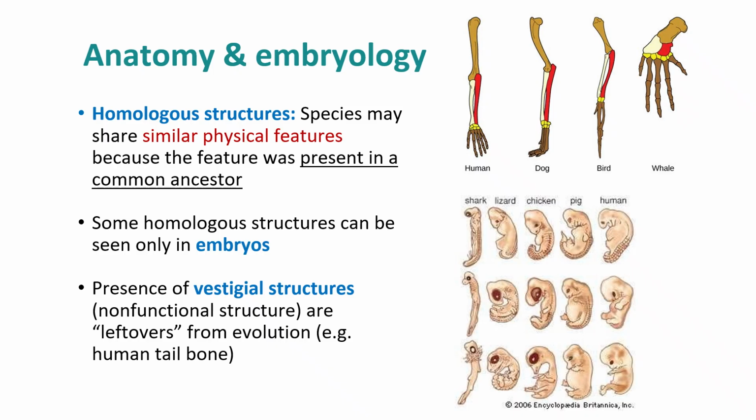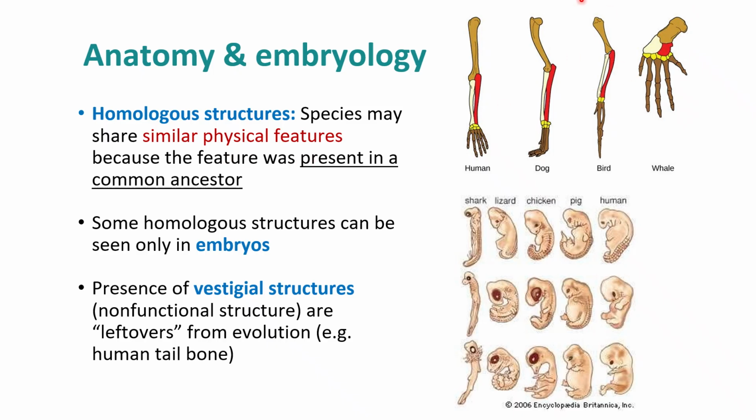Another type of evidence for evolution is the presence of structures in organisms that share the same basic form. So, for example, the bones in a human, dog, bird, and whale appendages basically all share the same overall construction as a result from their common ancestors' appendages. But over time, you can see that evolution led to changes in the bone shapes and sizes in the different species, though they've all kind of maintained the same overall layout. Scientists call these homologous structures.